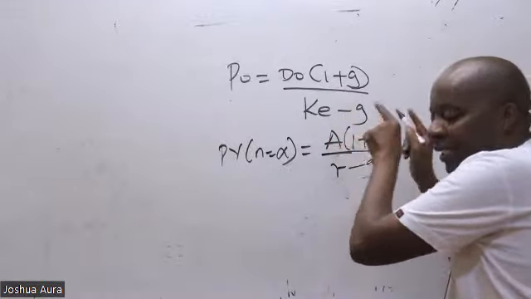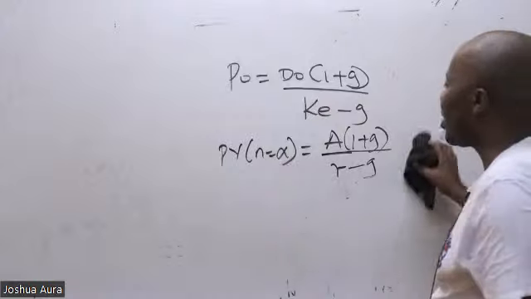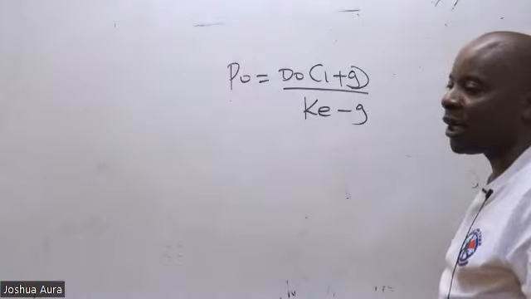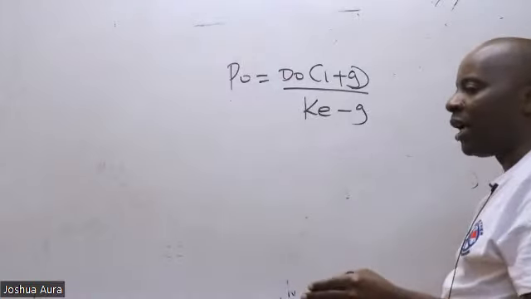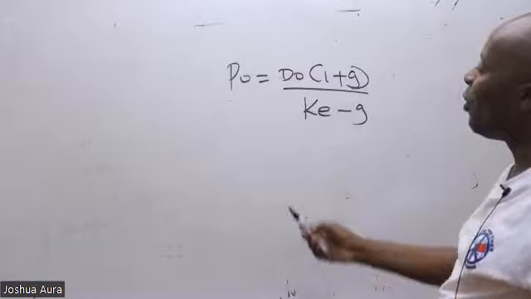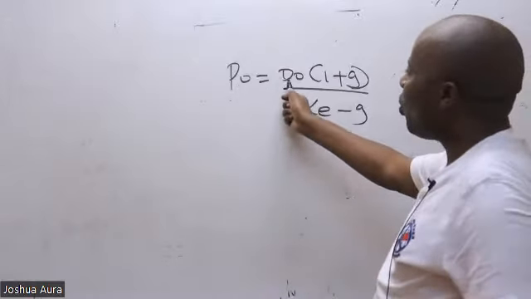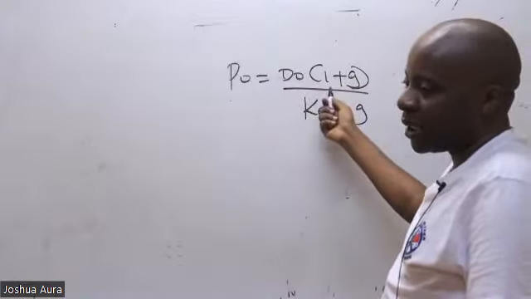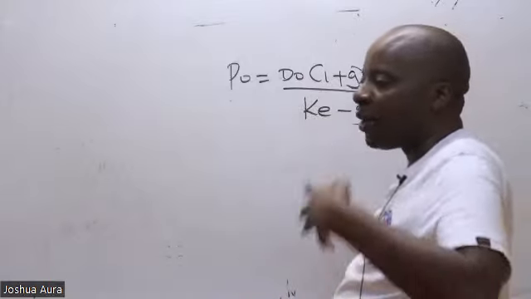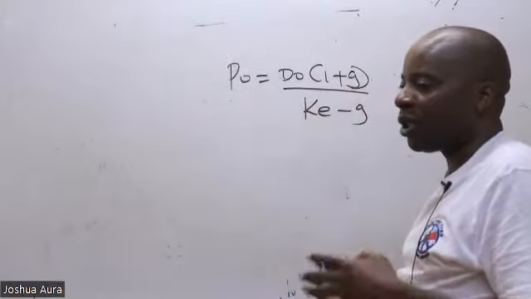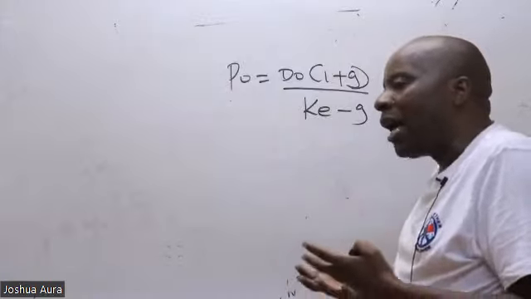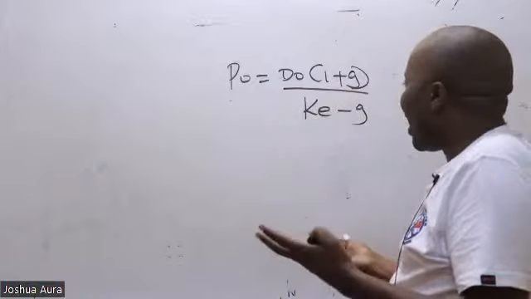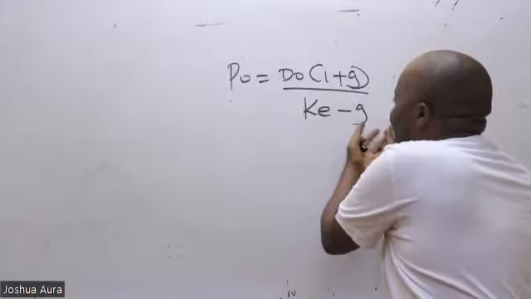Very important formula. And this is how I normally tell my students to cram this formula. If you remember the provincial administration, we used to have a district officer and a provincial officer. So we normally say provincial officer equals district officer who has to grow in ranks. When you elevate a district officer one rank higher, it becomes a provincial officer. So provincial officer equals district officer into 1 plus g all over Kenya without government.